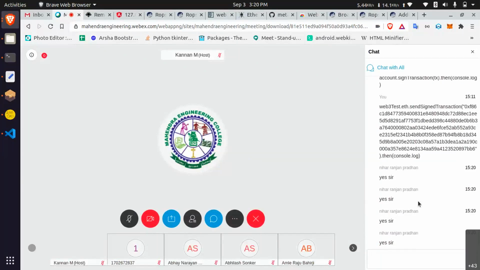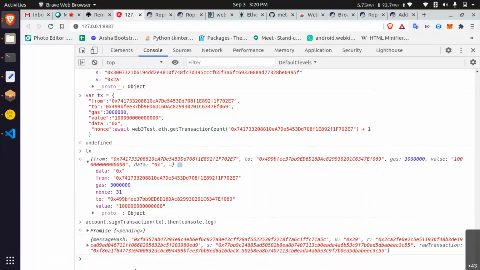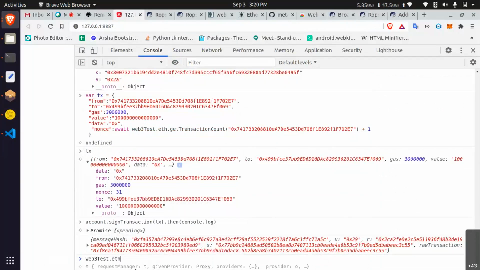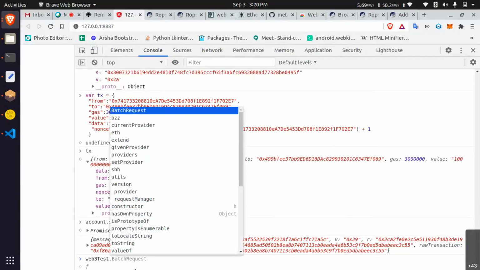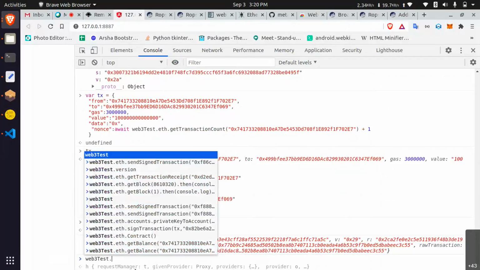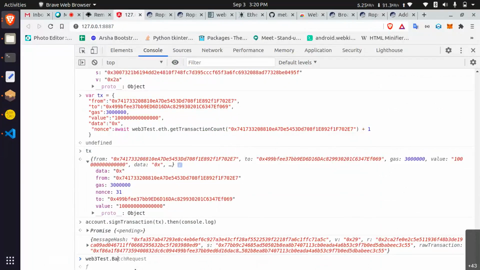Try to transfer in Web3. Just play with this library, web3 test. There is a with, and then what else? You can play with the get blocks.